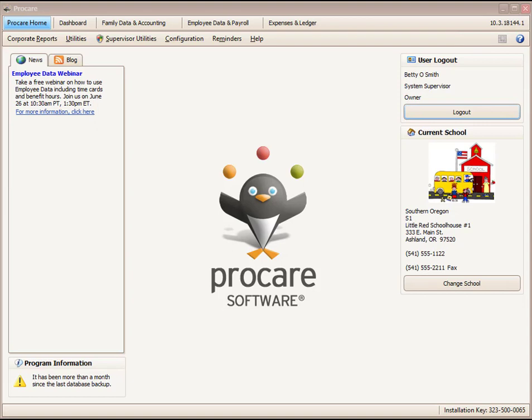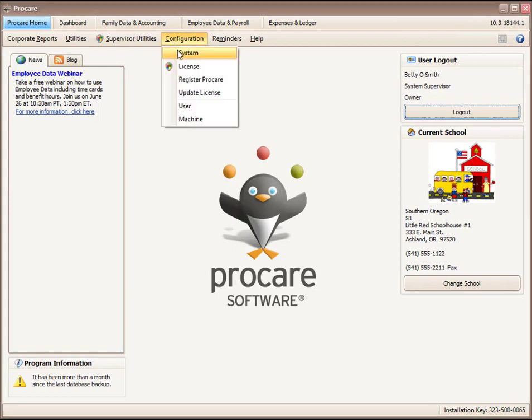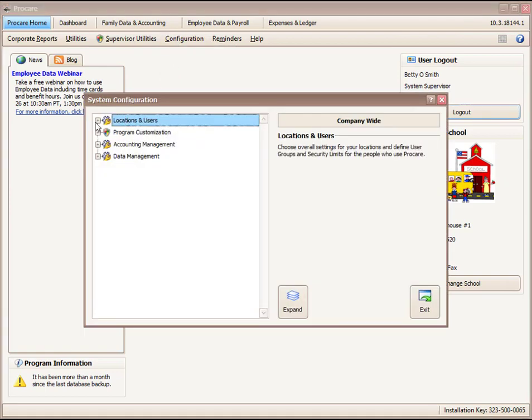In this segment of Attendance Tracker, we'll review configuration items and reports within ProCare. In terms of configuration in ProCare, there's not much to do other than decide if you want rounding set at the check-in workstation. To get there, you click on ProCare Home, Configuration, System, Locations and Users, Regions and Schools,